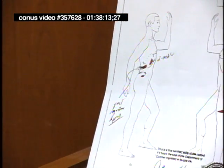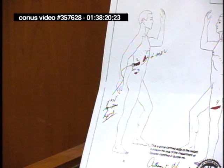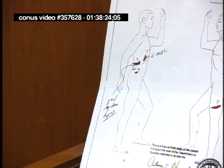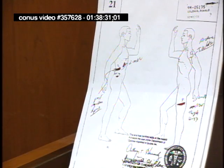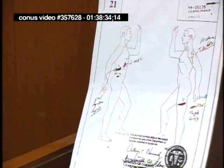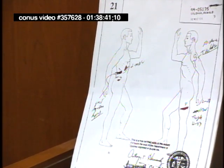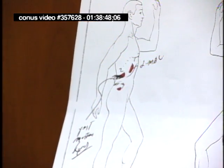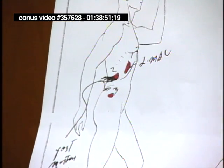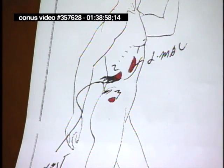Now, doctor, with reference to the stab wound that you have numbered as stab wound number 2 on the right side of Mr. Goldman's body, would you describe that wound for us, please? That was on the right side of the chest, actually close to stab wound number 1. And this wound measured 1.5 inches in length on the skin, diagonally oriented. This also had the characteristic of a dull or blunt end and a pointed or a tapered end, which again is consistent with a single-edged blade. And this wound also penetrated the chest through the rib cage,